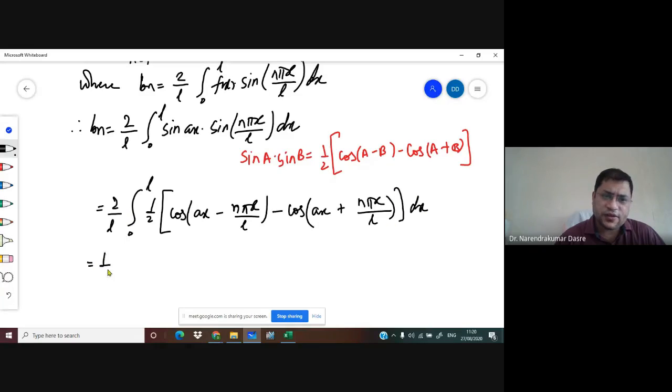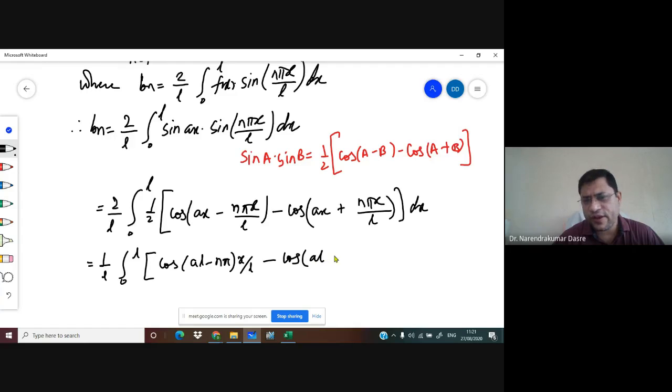So this 2 will get cancelled. We'll have 1 upon L, 0 to L. If I simplify, this is going to be cos of AL minus n pi x by L minus cos of AL plus n pi x by L, and this is dx. So remember that I am taking this x by L common, and so I'm getting this one. Now